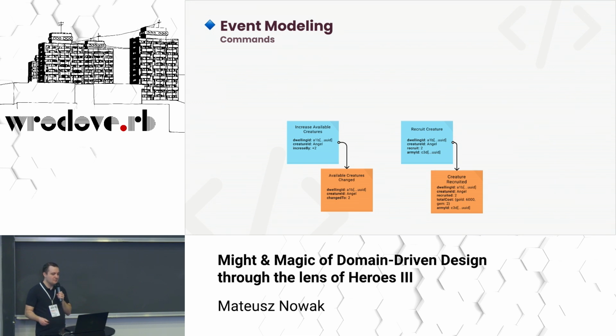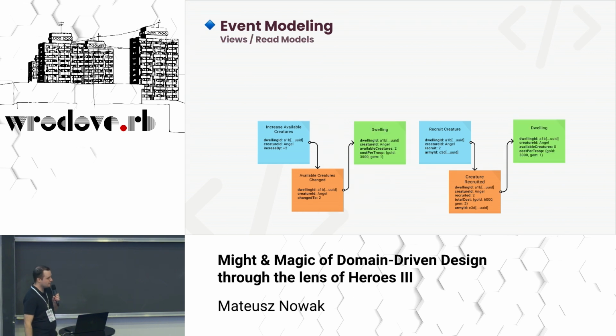Then the question appears, what is the trigger of those events? How may they happen in the system, and where does this data come from? Then we add blue sticky notes. These are the commands, our intentions to change the state, and the result of the command may be the event. Events in this are the state changes themselves. But still, we need something more, because when our user decides they want to do something, they must do it based on some knowledge about the current state of the system.